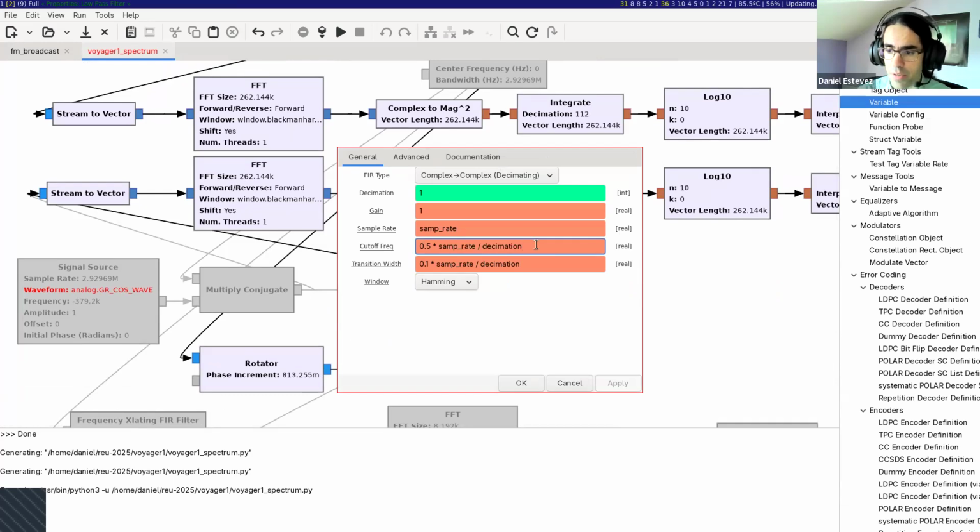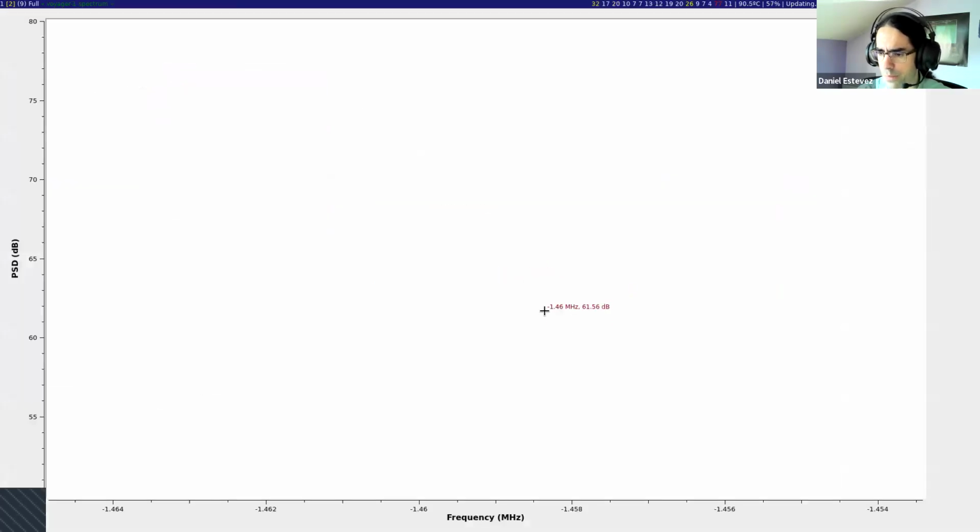Well, it makes sense because if the frequency range I can represent after decimation is only between plus half and minus half of this new sample rate, then it makes sense to set the cutoff frequency at this value. Again, going back to the plot here,